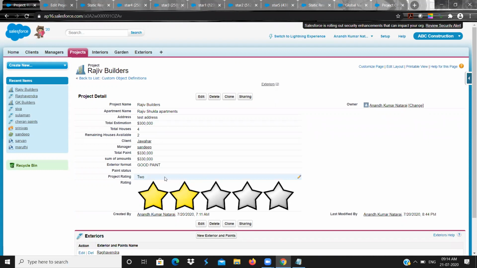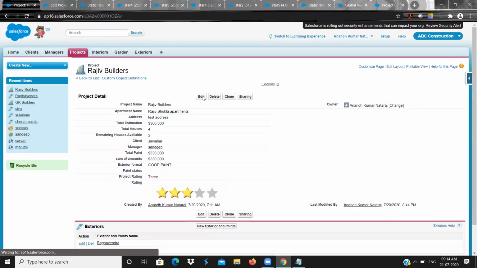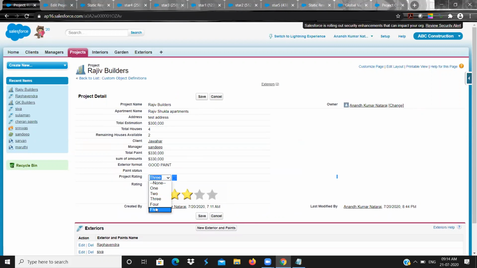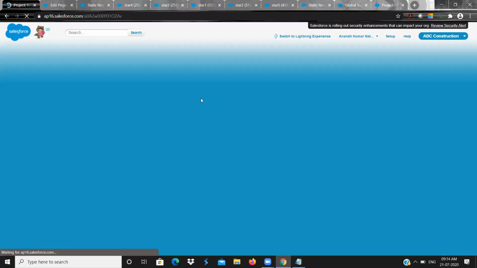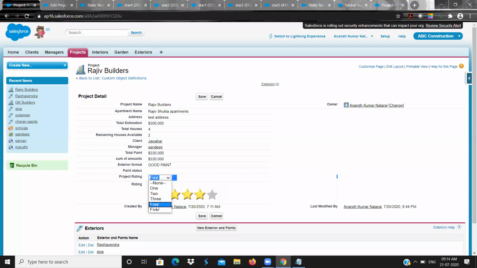Since we used Google, they are all different sizes. See, 3 rating, 3 stars. If I do a 4 rating, then I will get 4 stars, and finally a 5 rating means I will get 5 stars.